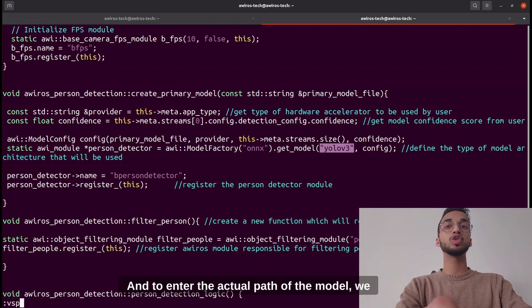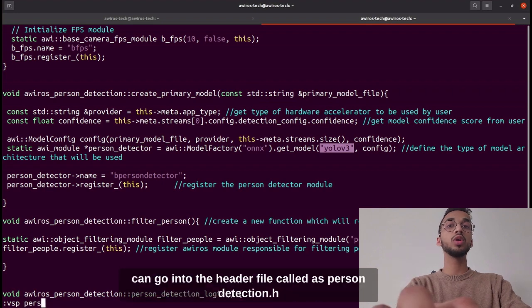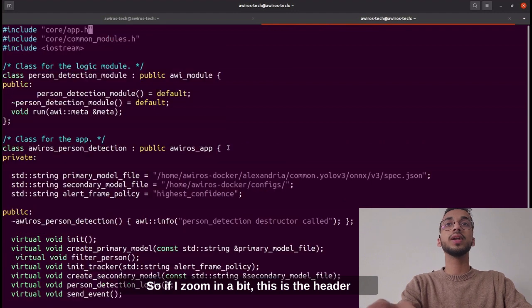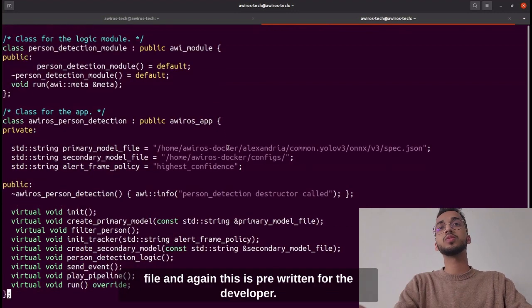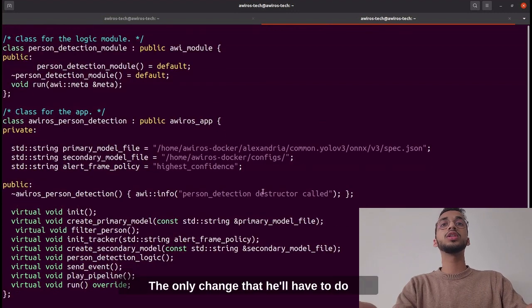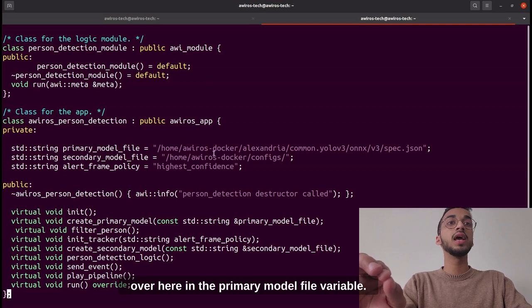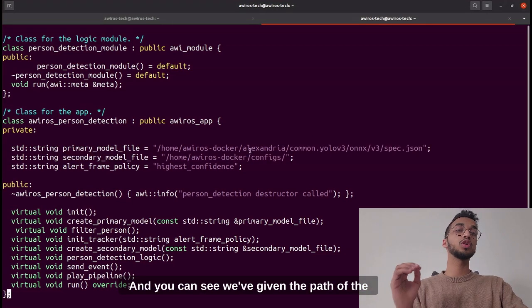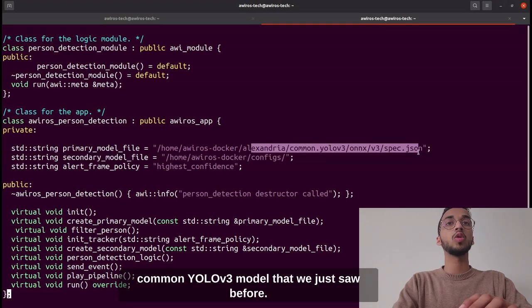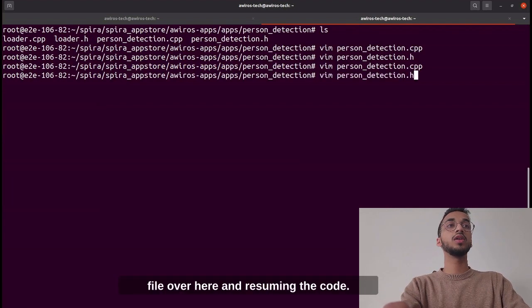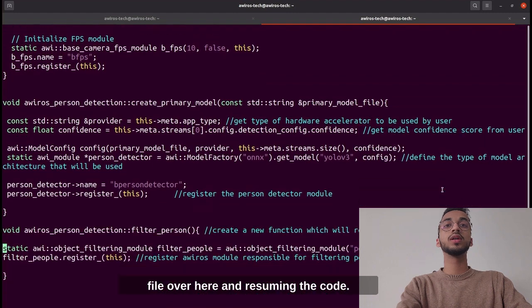And to enter the actual path of the model, we can go into the header file called person detection.h. So if I zoom in a bit, this is the header file, and again this is pre-written for the developer. The only change that he'll have to do is enter the model path over here in the primary model file variable, and you can see we've given the path of the common YOLO v3 model that we just saw before. So again, I'll head to the main CPP file over here, and resuming the code,